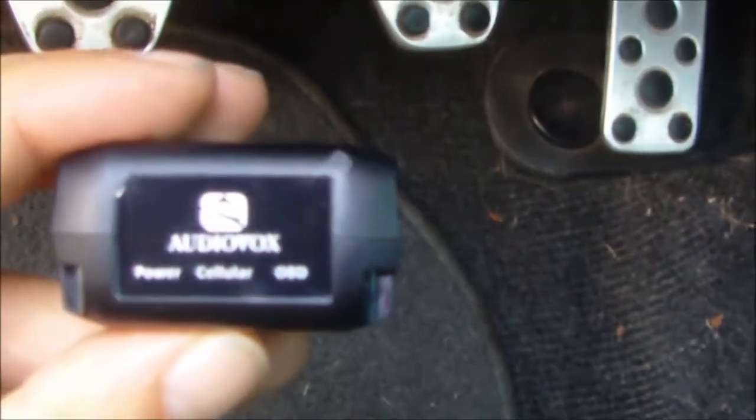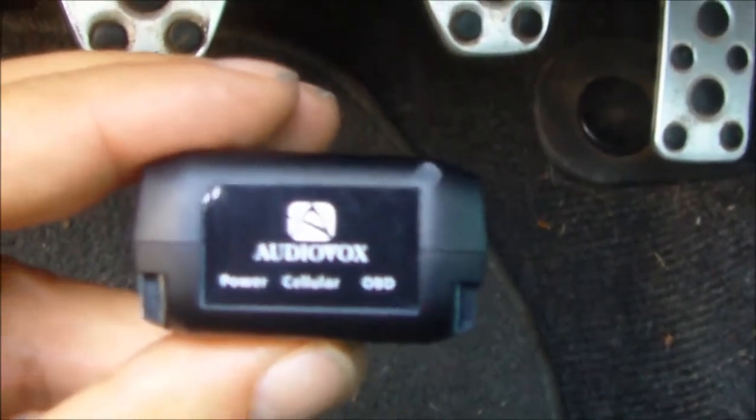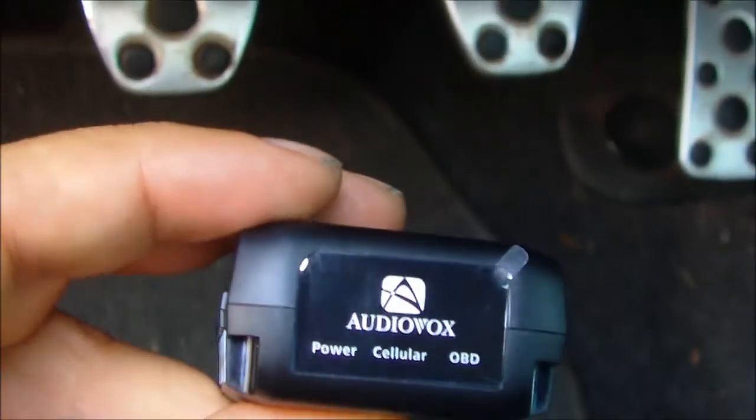Essentially, this will vary from car to car. This particular car here is a Subaru. But basically, you want to locate the diagnostic port. If you don't know where it is, you can Google it and you will for sure find it that way. So on this car, that's exactly what I did because I didn't know where it was. And then usually it's going to be on the driver's hand side. So basically on this car,